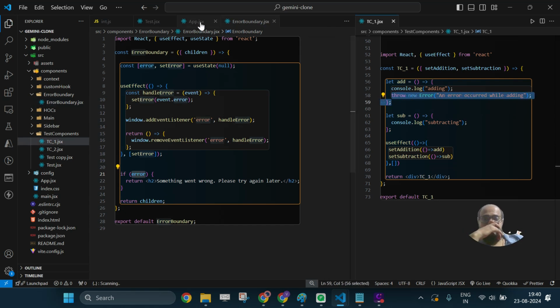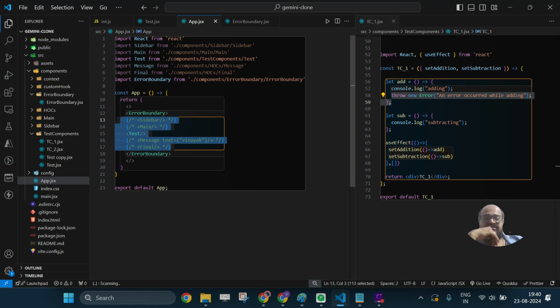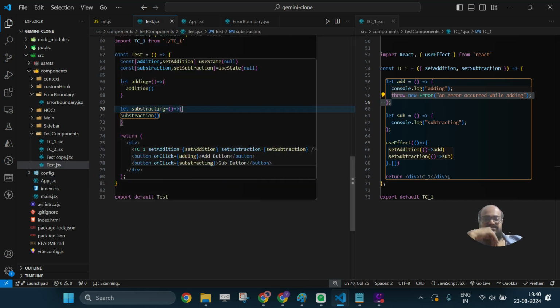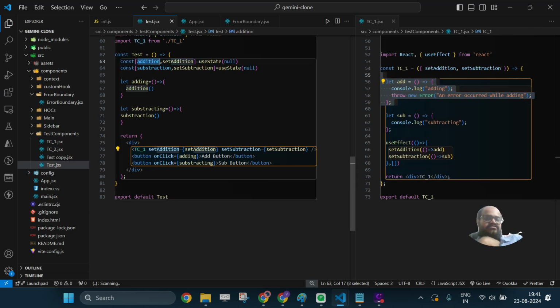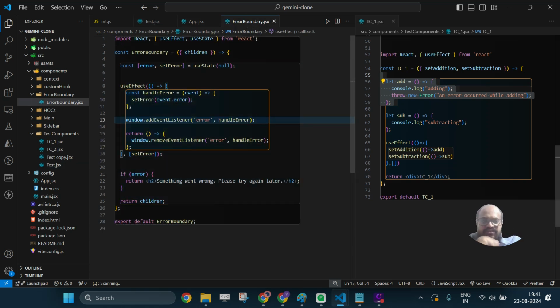And so what happens is in the app.js, we have error boundary. Inside test.js, tc1 is a child of test. So we have added the error in tc1. On clicking this add button, this function will be called as already explained, and this error will throw up. So error boundary, what does it do? And this error comes up,